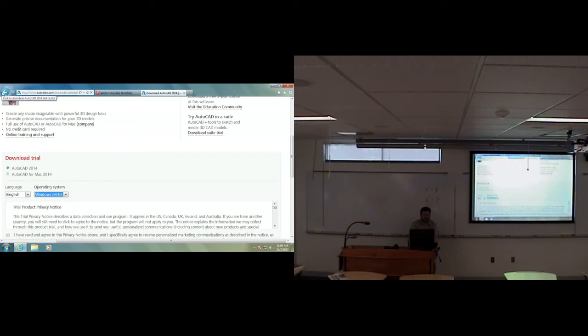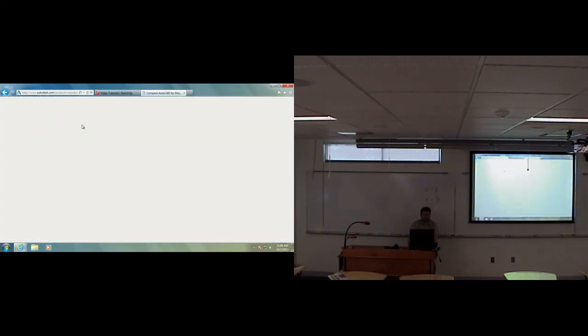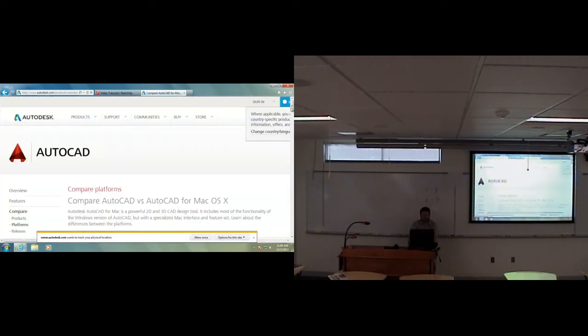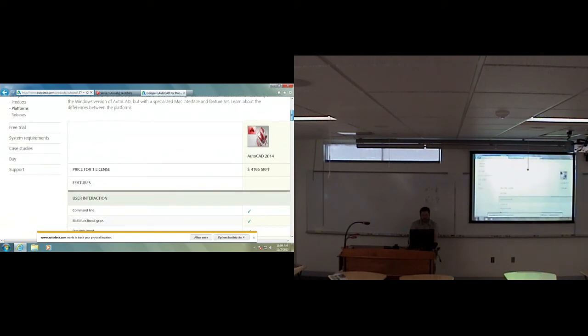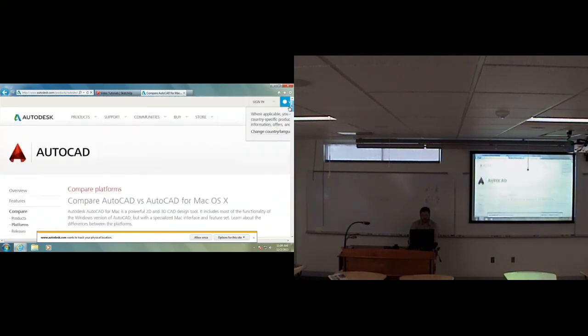AutoCAD. Actually, they do have AutoCAD for Mac, it looks like. That's something new. I didn't know that they had AutoCAD for Mac. Still $4,000. So. Anyway,